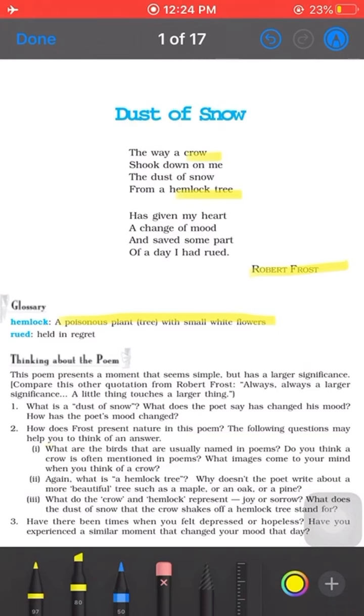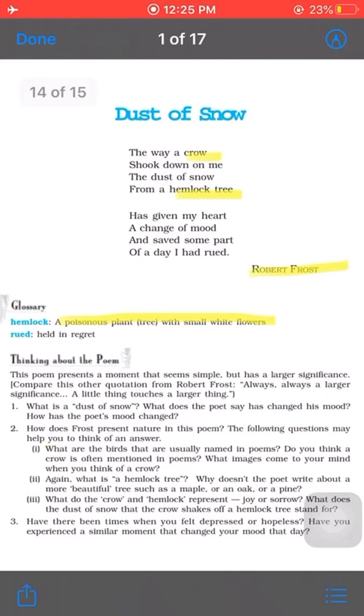So according to the poet, the crow and the hemlock tree, these are the symbols of sadness, regret, or whatever you can say, as a crow is considered as a bad omen. Now what the poet is trying to convey, he was standing under a tree, and over there into one of the branches of the hemlock tree the crow was sitting,